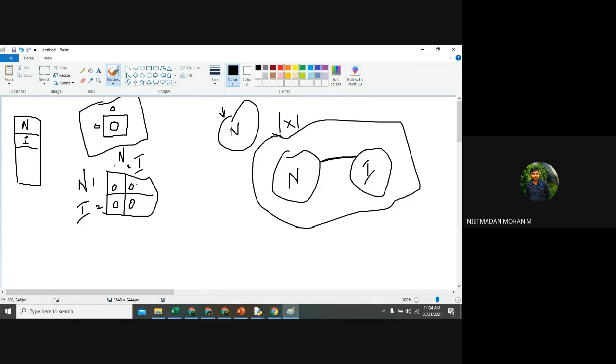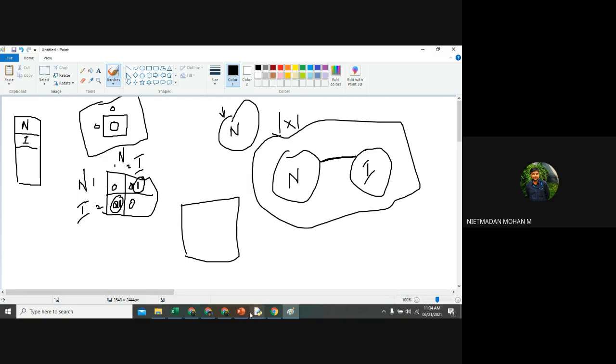N to I I want to make this as 1, right? Yes, sir. And I to N, I want to make this as 1, right? Yes, sir. Am I right? Once we are giving a link over here, the matrix representation will be like this. Am I right? Yes, sir. So I want to change those numbers over here. N to I and I to N, I want to make this number.